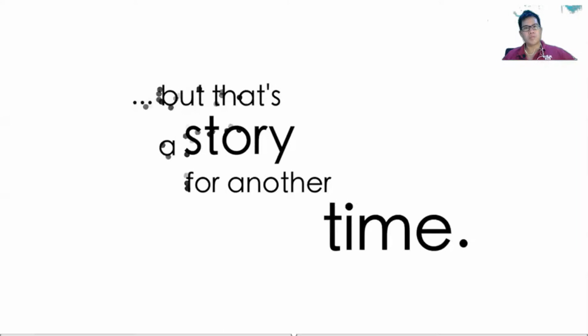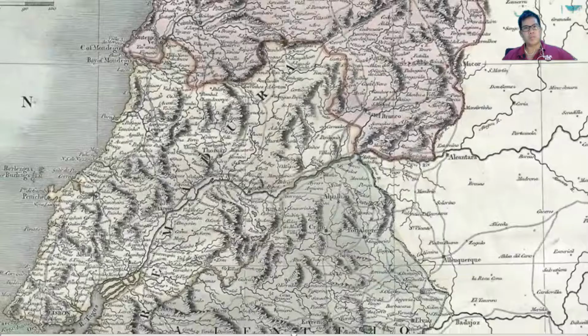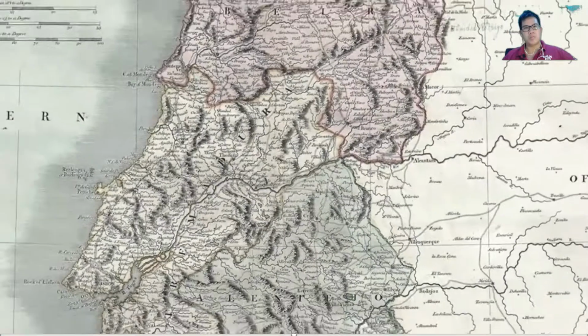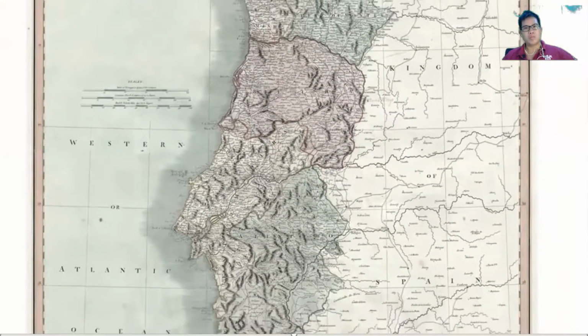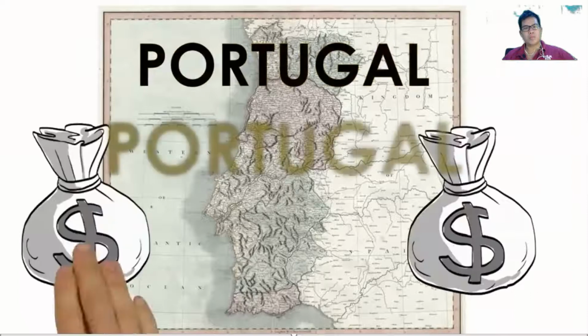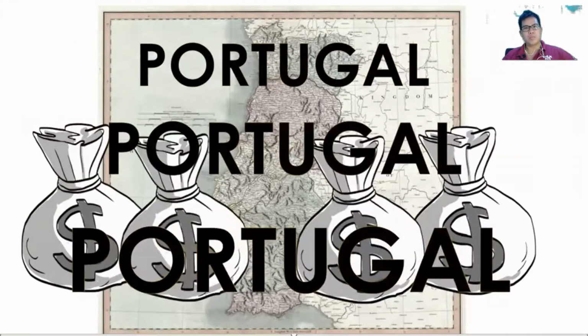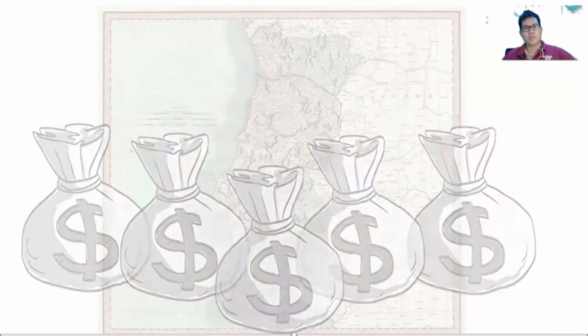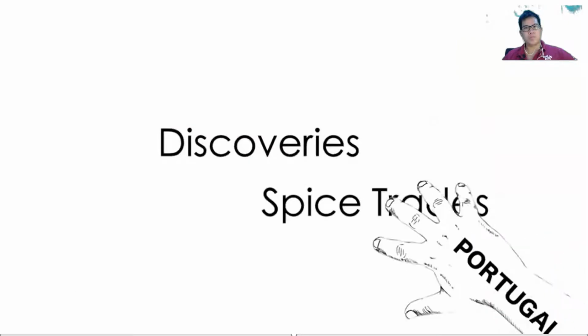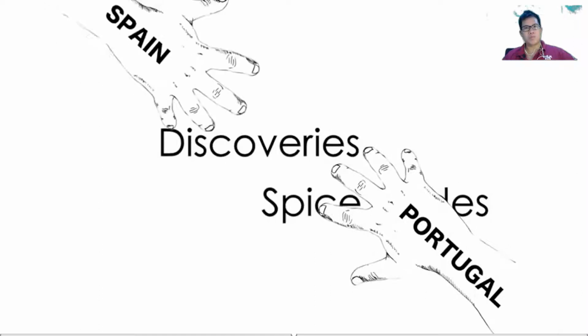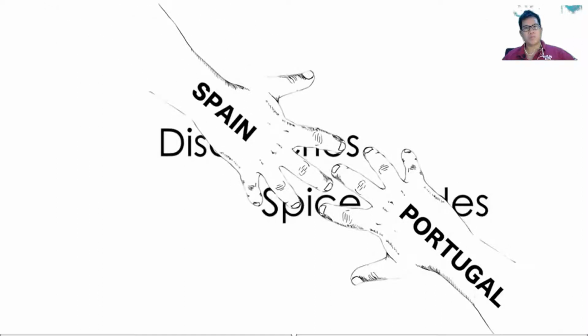However, instead of reaching the Indies, Columbus discovered the Americas, and Spain embarked on a project of conquest and exploitation that ultimately rivaled the profits of the spice trade. But that's a story for another time. By 1510, Portugal had command of every link in the spice chain from cultivation to sale in Lisbon, and by the end of the century, the profits from this trade would account for half the Portuguese government income.